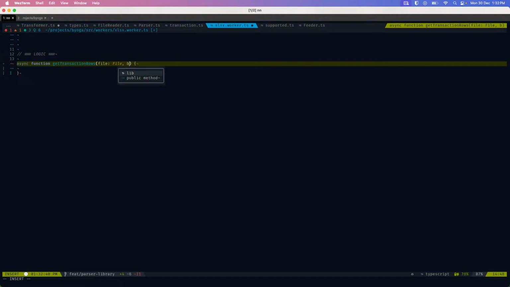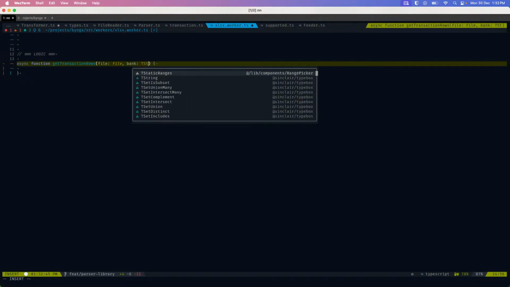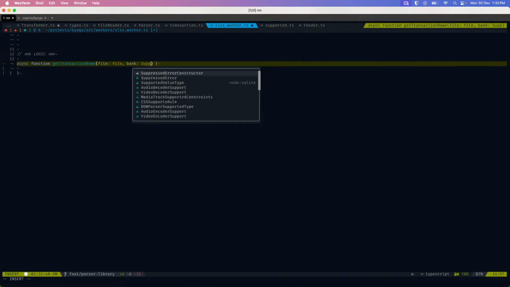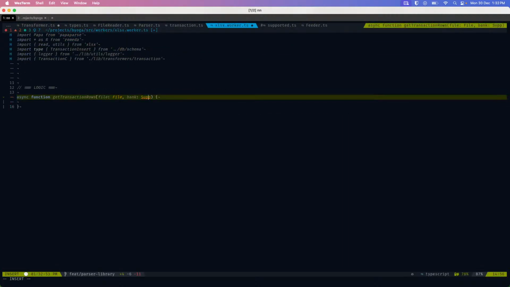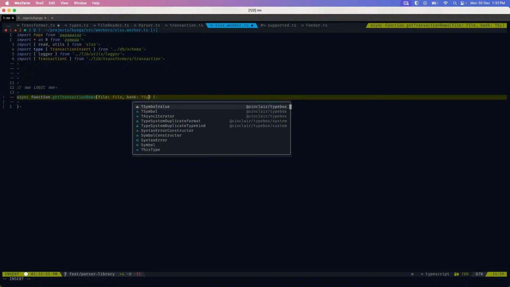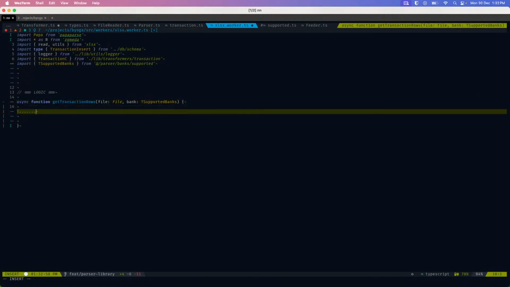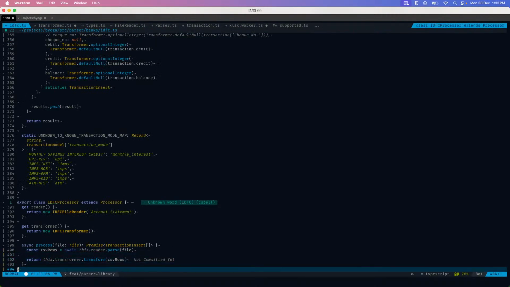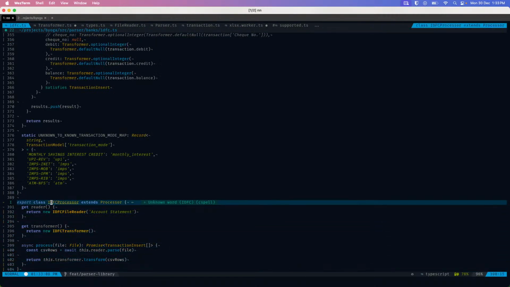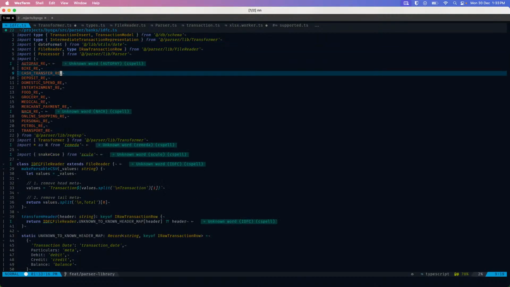That will be file, then that will be bank. T supported. Where is the thing? T supported, that's okay. And we'll do const lazy import this. Should we? I don't think then we can do this. We have to